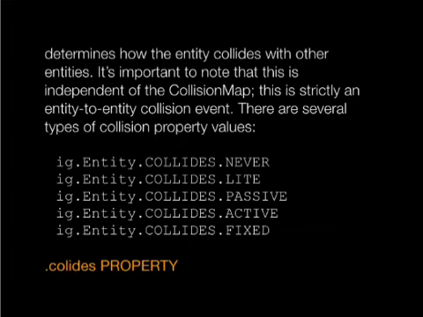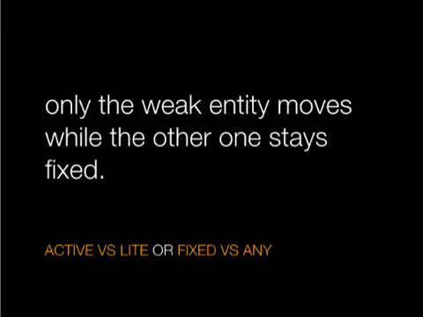And then the last one is the notion of collides. Collides is how we set up these basic physics relationships. There's no Box2D built into Impact, but there is an example that comes with the game library that shows how to use Box2D. Briefly going through these, each of your entities will have this collides property. There's this notion of active versus light or fixed versus any, and they have kind of a power situation. A fixed platform is always going to move weak platforms or weak entities. There's a lot more documentation on this; this is just a summary to get your head around it.